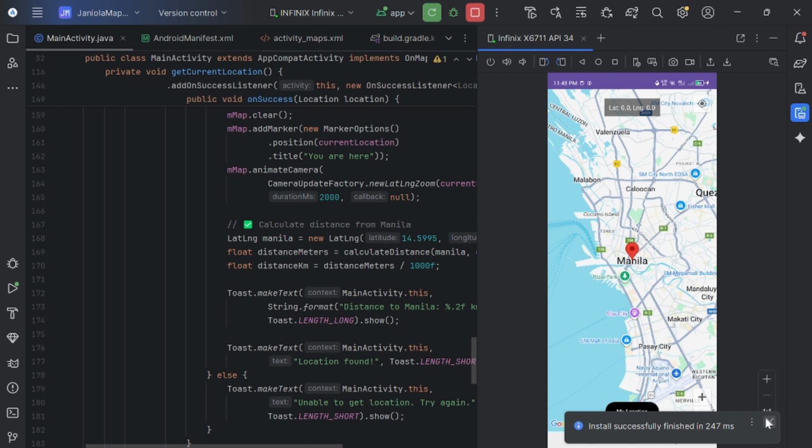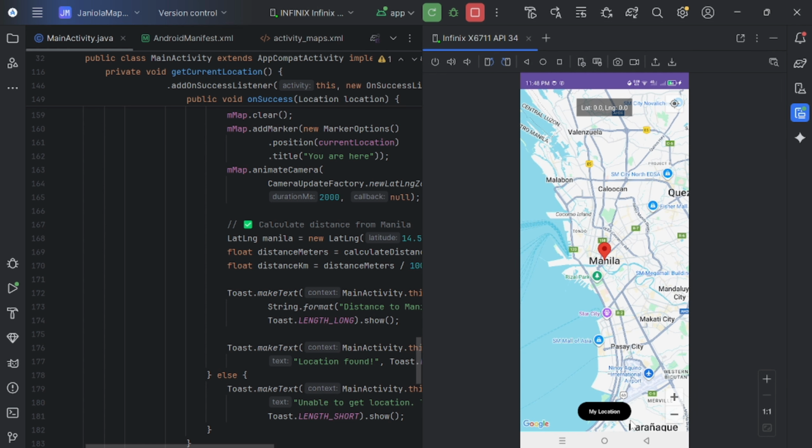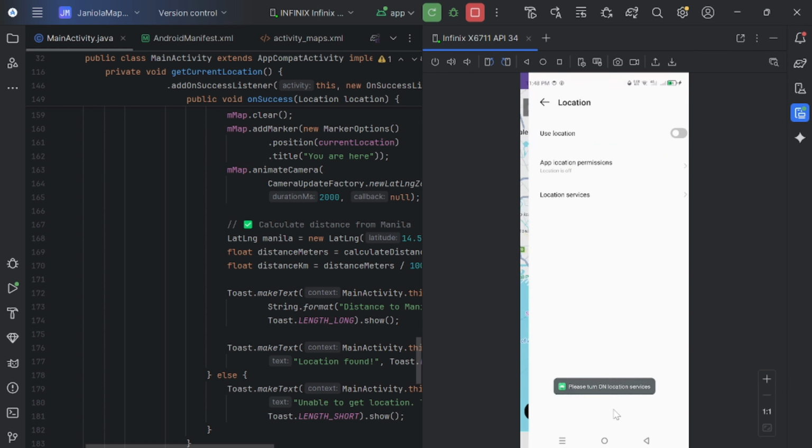Here, if you go to the my location, if you go here and you did not give permission to the app to access your location, so you should handle this by showing a message or disabling location related features until permission is granted.